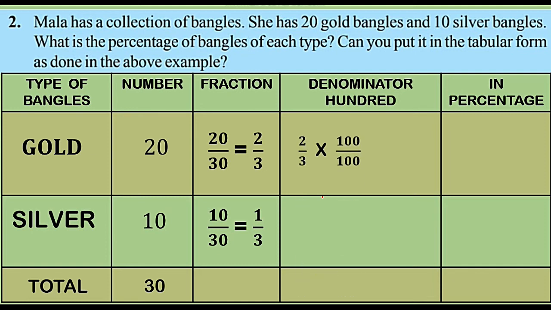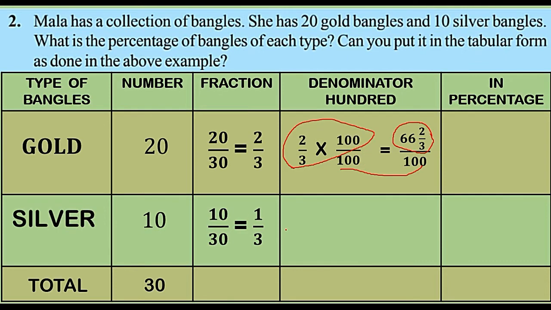Just multiply the numerator and denominator both by 100. So if I multiply both by 100, leave this 100 as it is because we need this to make the denominator 100. Take this part, 2 upon 3 multiply by 100. What it gives? 200 upon 3. 200 upon 3 is the improper fraction and in mixed fraction it will give you 66 2 upon 3.